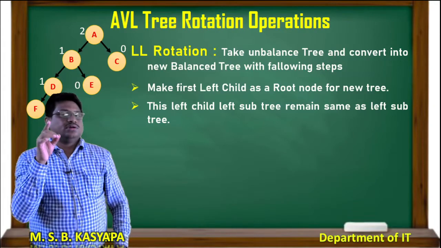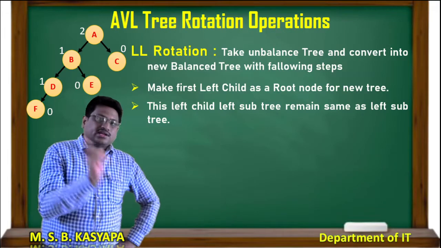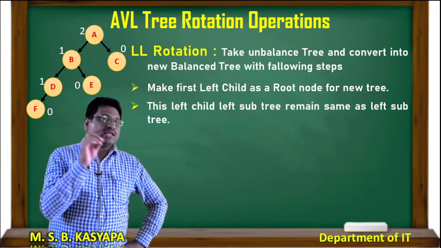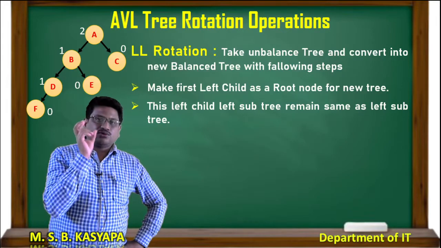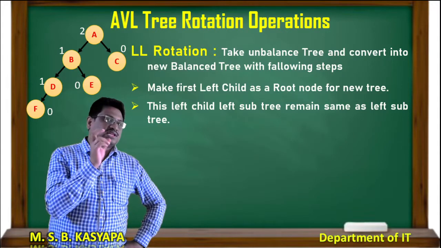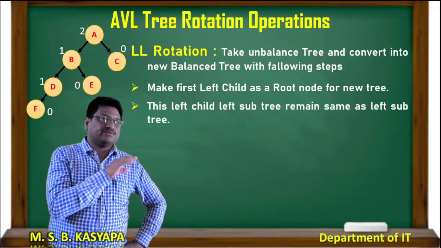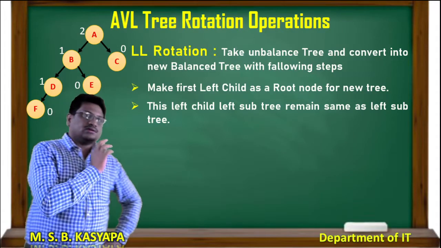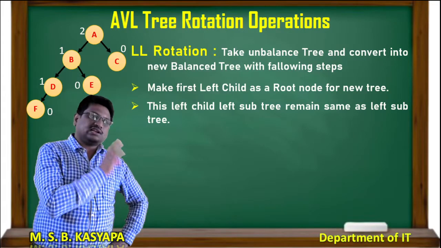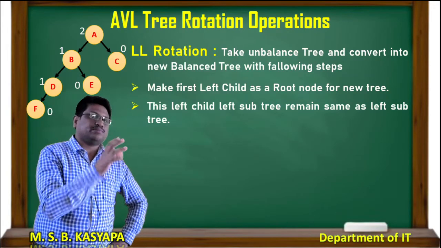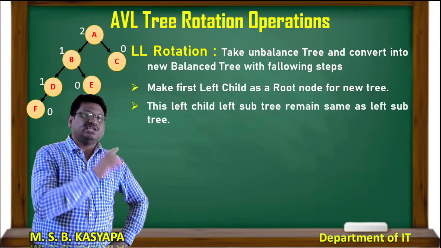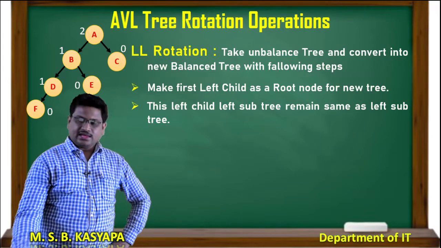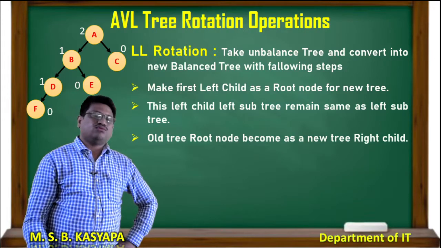I have to adjust all the values either into a left or right. How to arrange? First, after taking a root node, that particular root node already has some left subtree in the previous one. As you see, B has some left subtree in the diagram. So that left subtree remains as a subtree for that root node. So, D and F are a subtree for B, and A becomes the old root node.